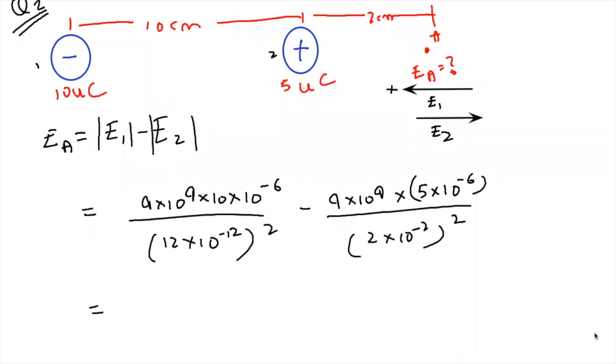All right, I'm almost done. And 5 into 10 to the power minus 6 divided by 2 into 10 to the power minus 2. Okay, the answer you should be getting is, okay, now this answer is going to be,